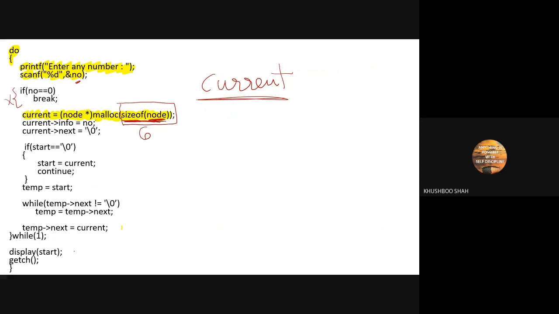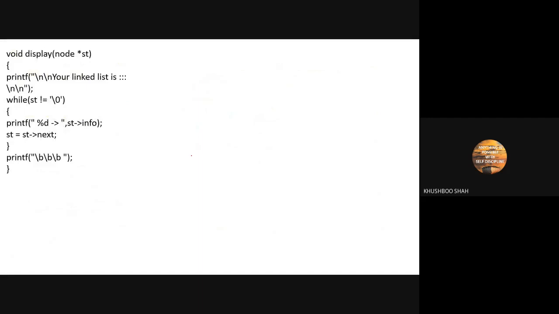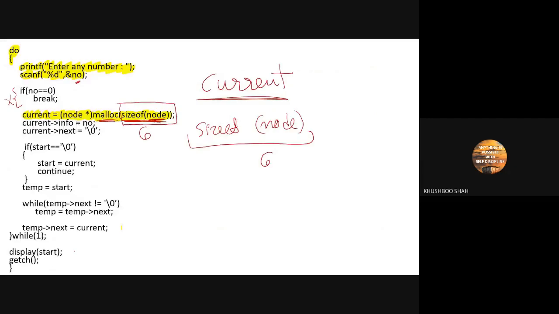Okay, now malloc. Malloc is a function. It is something like this. See, first what happened? Node. This node, and we want the size of this node. We got 6. Now this 6 is the parameter for malloc.